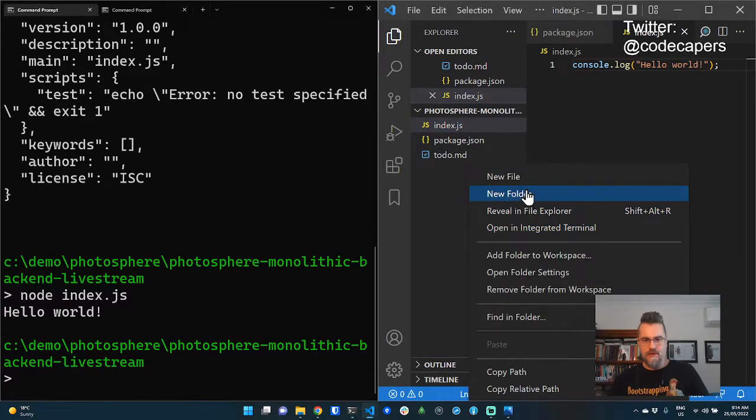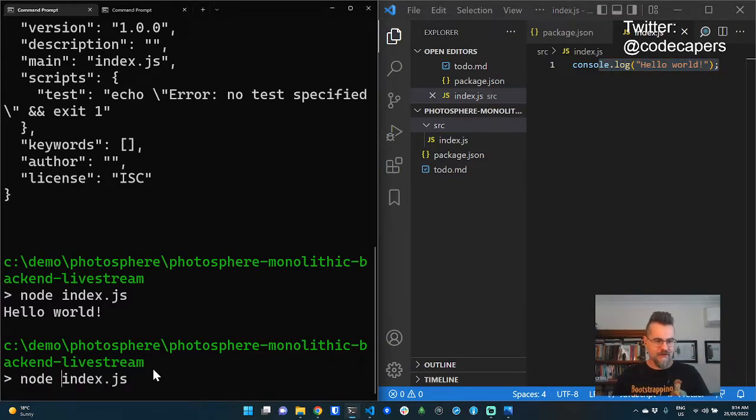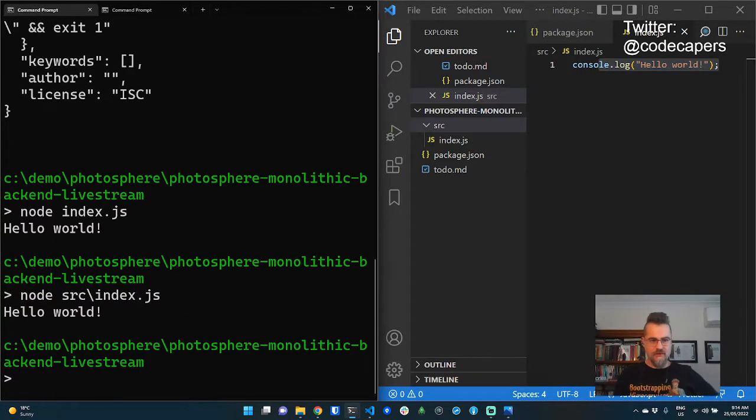I'm just going to do a small bit of refactoring to start with, and I'm going to pop that into the source directory. So I just want to keep all my source code together, even though there's not going to be much in this project really. Now to run it, I have to prefix it with source/index. Make sure you use / if you're on Linux or Mac. So I can still run it. Every time you do a refactor, no matter how small, you've got to test. You've got to make sure your code still works, because believe me, if you refactor without testing, it will be broken. So this is the world's simplest Node.js project.